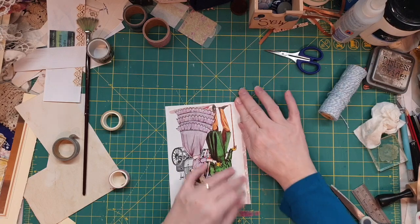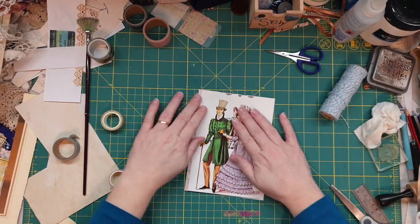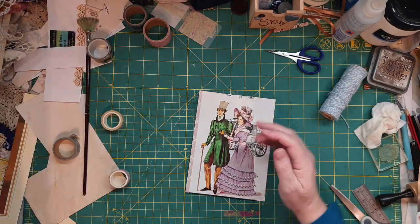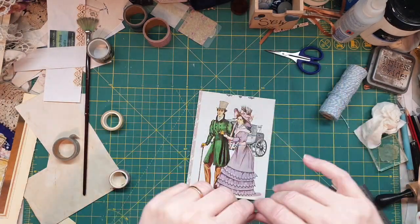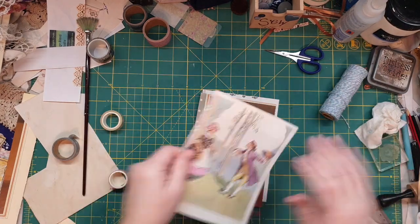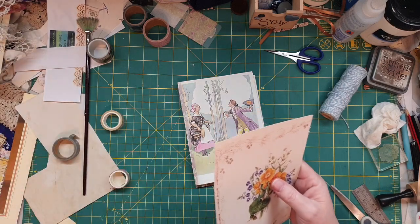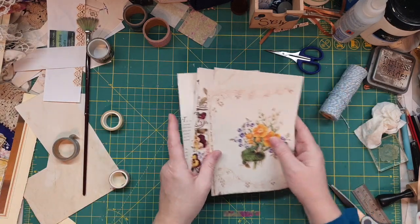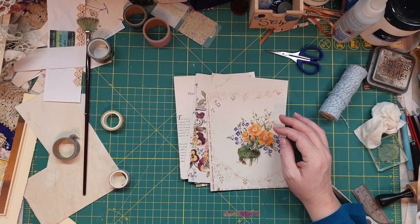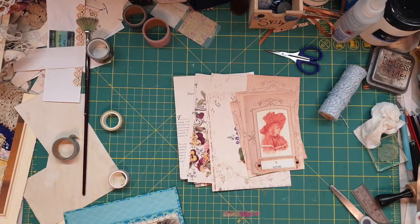Let's have a look how straight that turned out. Pretty good actually. Sound surprised. So each signature will get one of these, and I'm going to be having 3. And then I've got 3 of these, and quite a few of these. I've actually got